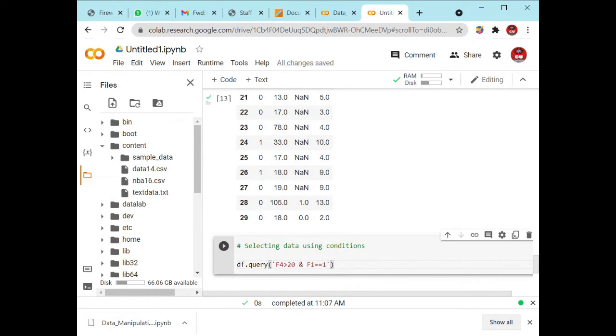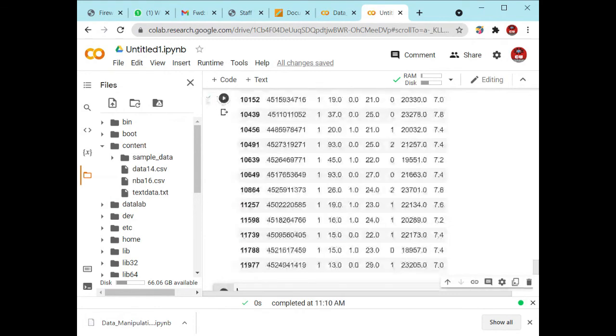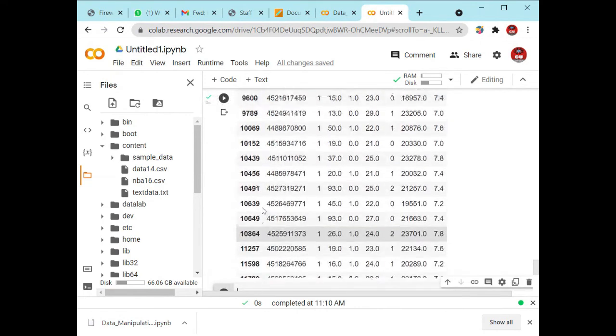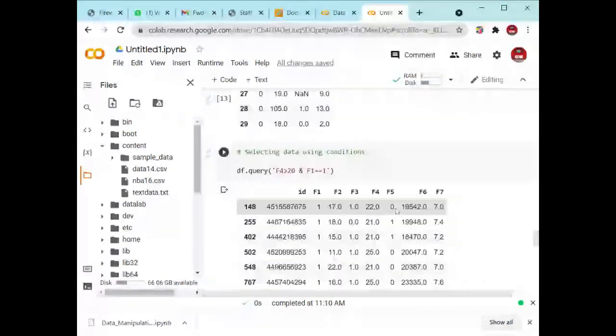So how can you show this output? Just execute it. Right here you will see this is the column number F4.